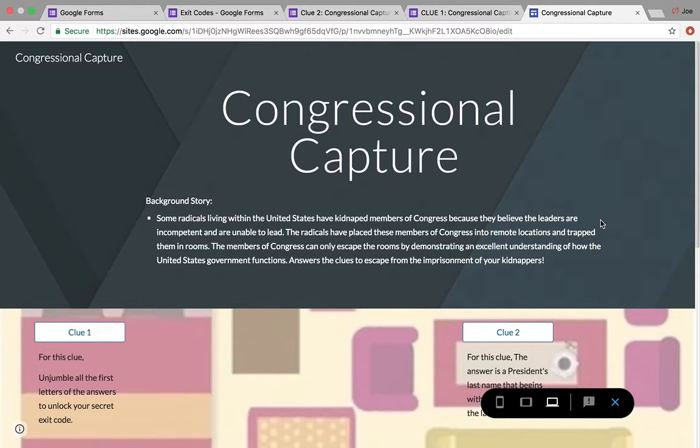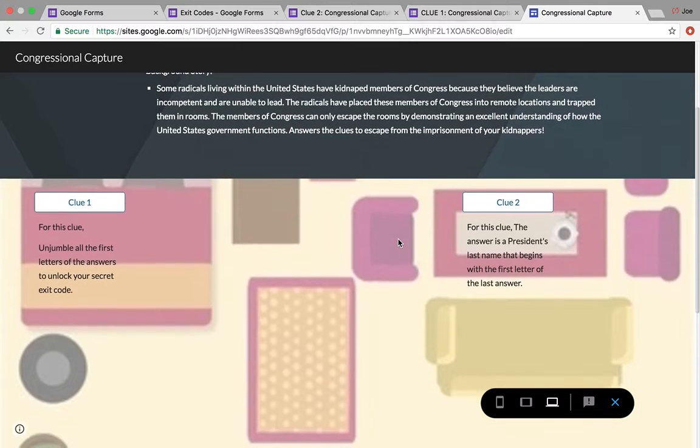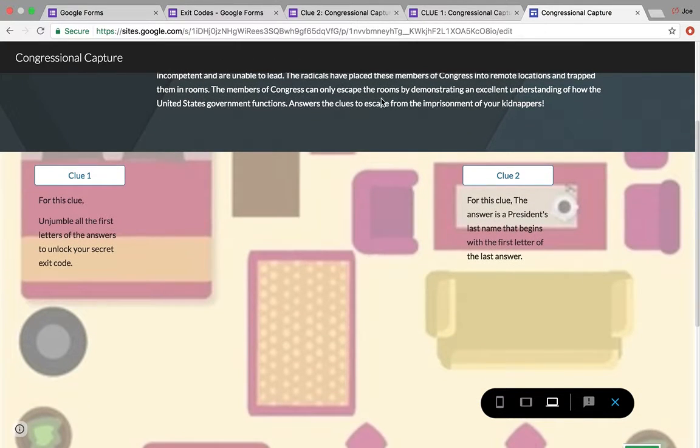So first of all, I just want to give you a walkthrough of what the virtual escape room looks like. I called it Congressional Capture. You have to come up with some sort of backstory. I think it'll add a little bit of engagement. This is the first time I ever did it, so hopefully when I do it again, I make it a little bit more